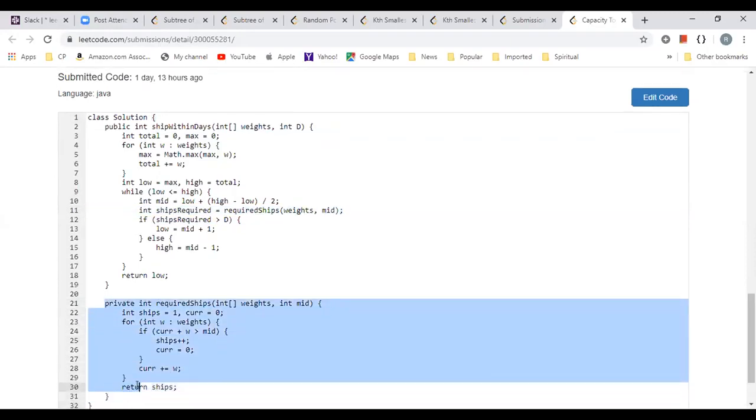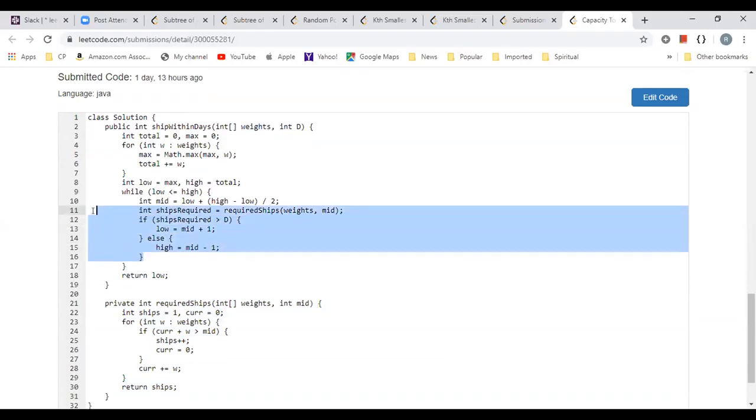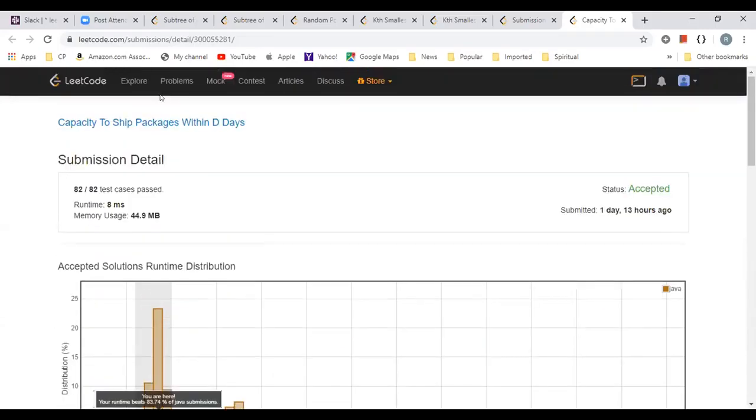Only your function, which checks the monotonic condition, will change. I normally write it in a function so that I have a template. I know it will work most of the time, so I don't worry about it. I do this check, and then it's done. So take a look after this at this one, Capacity to Ship Packages Within D Days. It's a similar problem, but